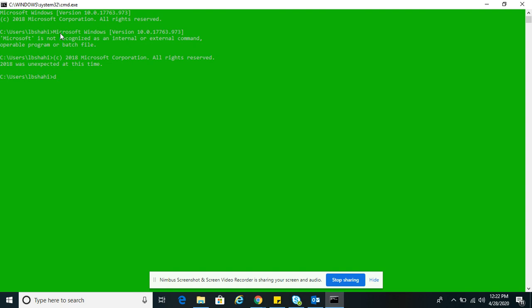First, I change the directory from C to D, and now I'm going to give you a brief idea about the Linux commands that are used in simulation or in Linux operating systems. If you simply type W, it will show you the number of users logged into your PC. And if you want to change the directory, you can simply do cd.